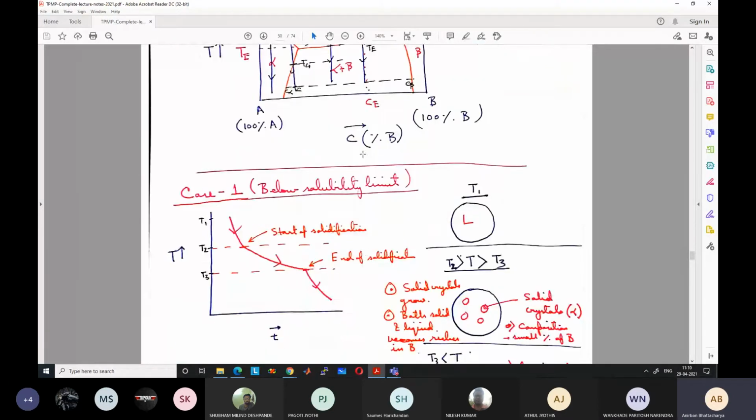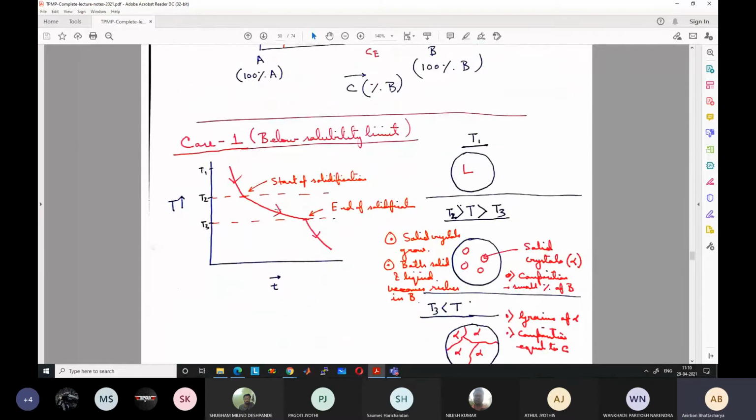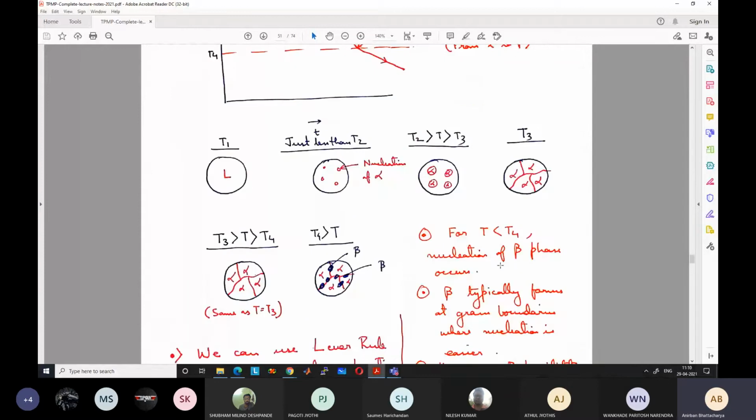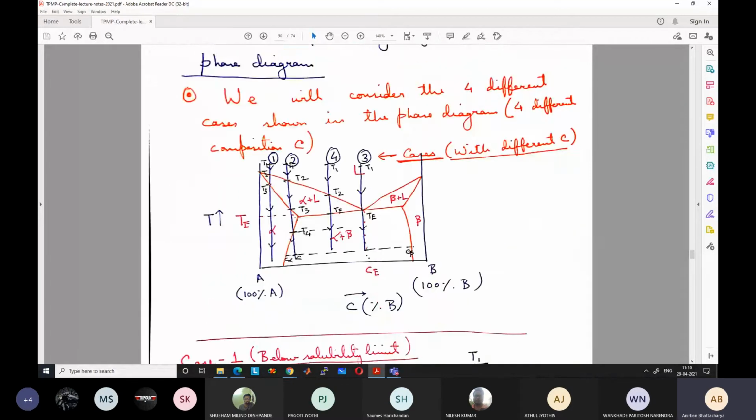So for the first case, how the cooling curve looks like and what is the microstructure. For the second case, how the cooling curve looks like and the microstructure, we have beta phases also. And we can calculate the amount of alpha and beta phases using the lever rule again, like we had done for the previous case. For example, for this case, we can calculate based on,